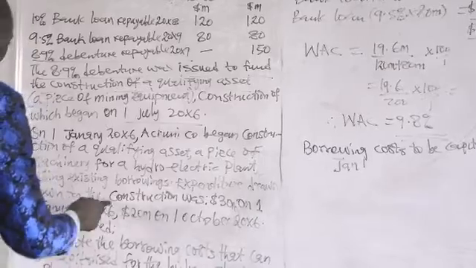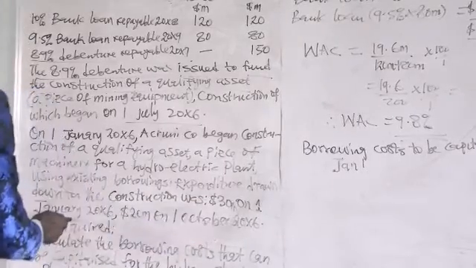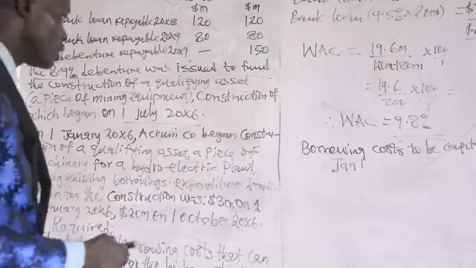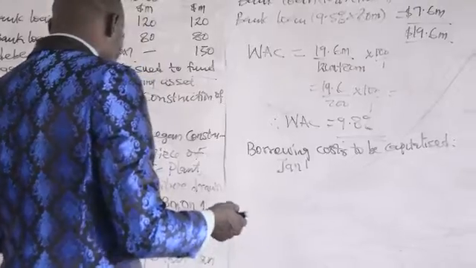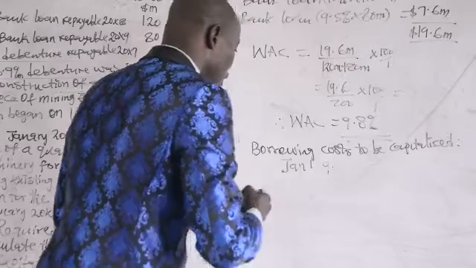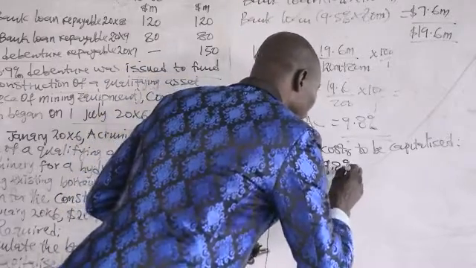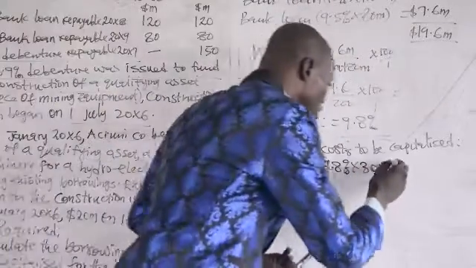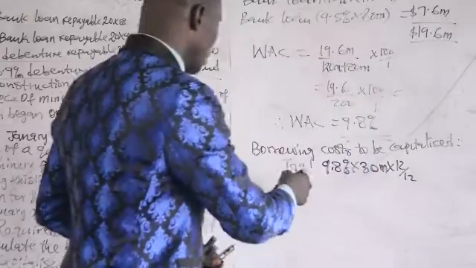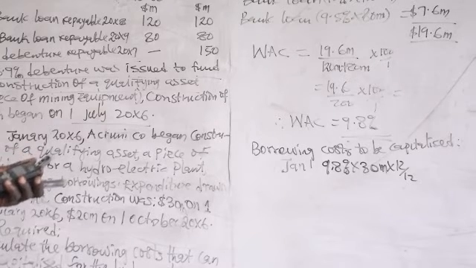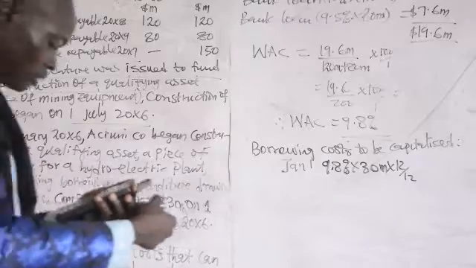Expenditure drawdown for the construction was 30 million on 1st of January and 20 million on 1st of October. Calculate the borrowing cost. So the accounting year end is December, so from January to December is 12 months. So 9.8% of that 30 million times 12 months. Out of 12 months, since it was drawn down as at 1st of January, that means it will span throughout the whole year. So we calculate 9.8% of 30 million, and that will be